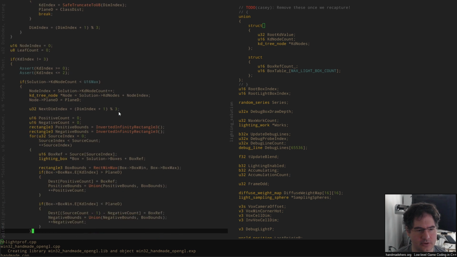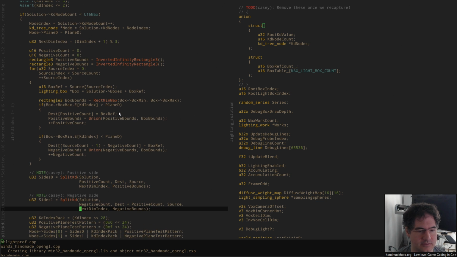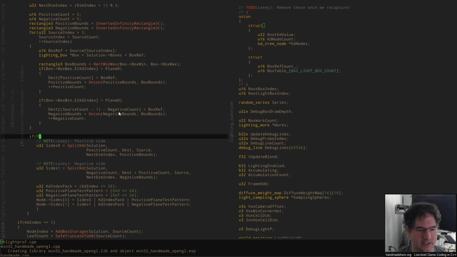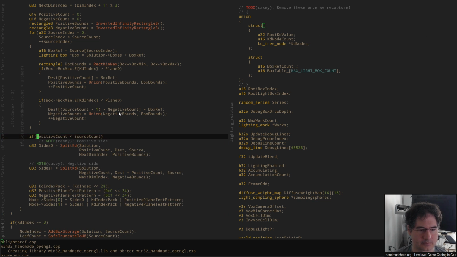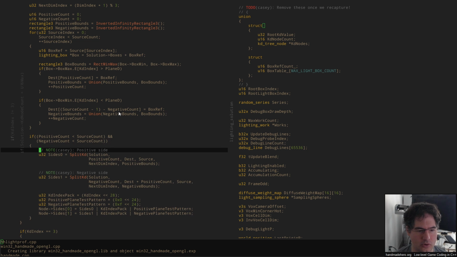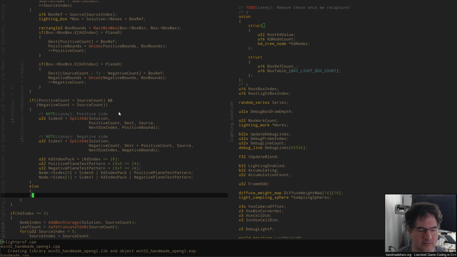So we'd come through here and we'd try to do this. We would see whether or not we could do anything about it. If we can't do anything about it, meaning if this split doesn't work, so if positive count is less than source count and negative count is less than source count, so if we're always passing a lower source, then we do this. If we can't, right,